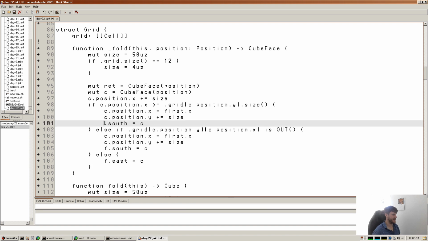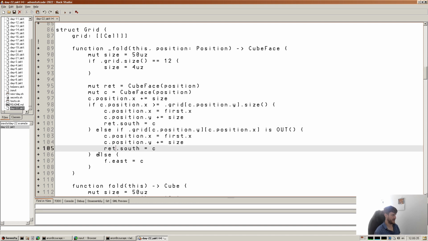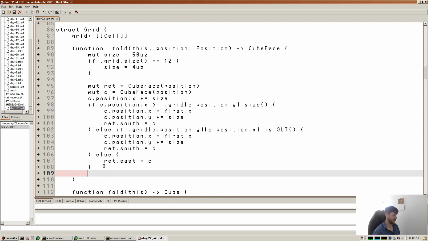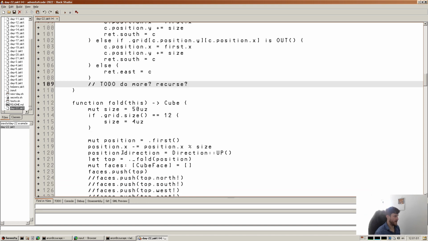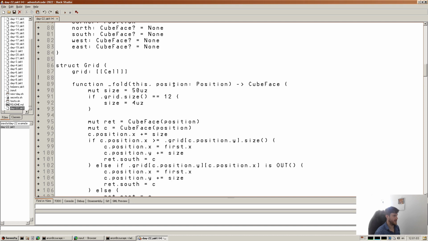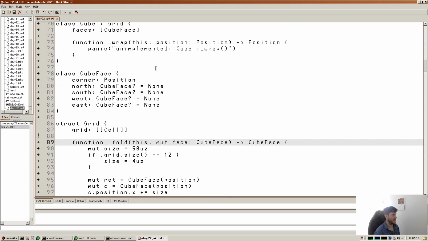And here that's ret, and this is ret, and this is ret, and this we can have to do more recurse. In fact, potentially we want to pass in the mut face, and it is going to be cube face, and it is a